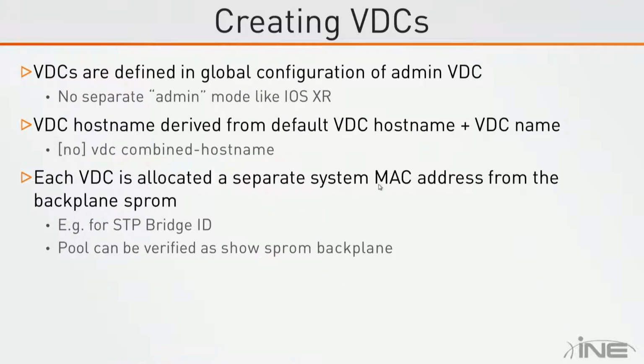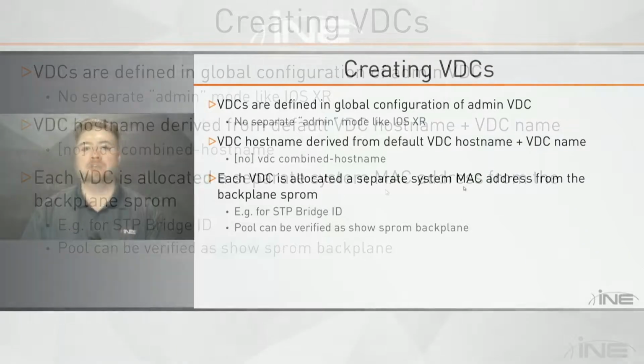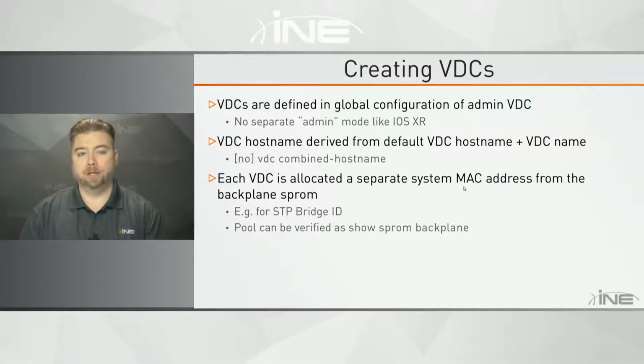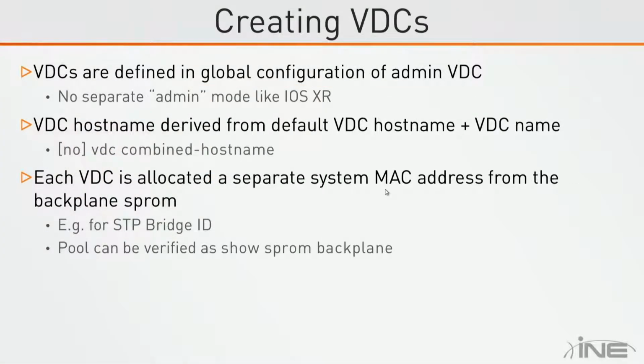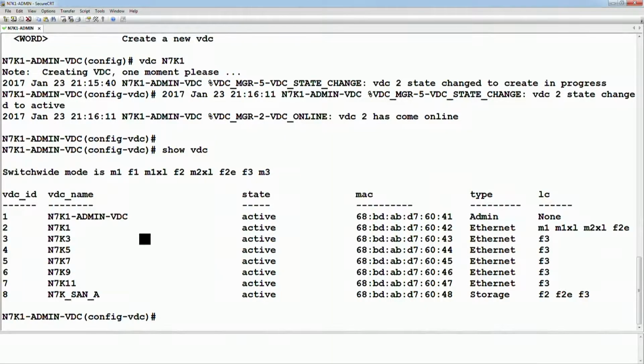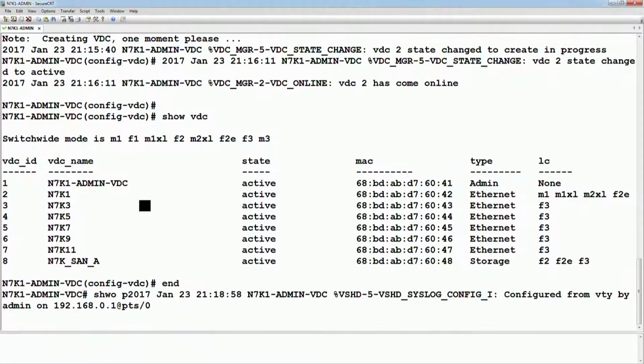The default behavior is that this is on, VDC combined host name. Also the contexts are going to get unique MAC addresses. We'll see this from a layer 2 switching point of view. Once we start to configure spanning tree, we're going to need a unique MAC address in order to generate our spanning tree bridge identifier. But when we look at the multiple root bridges, a lot of the contexts are going to have very similar MAC addresses because they come from the same pool that's based on the supervisor. And from the CLI, we can see this if you say show SPROM